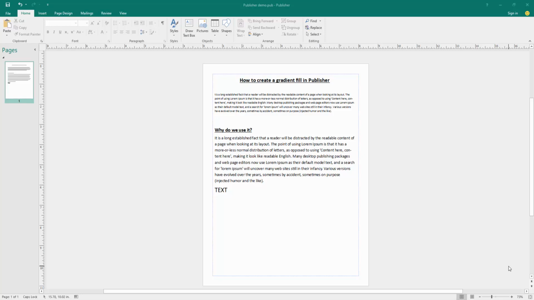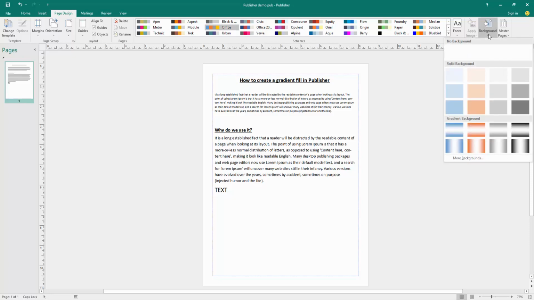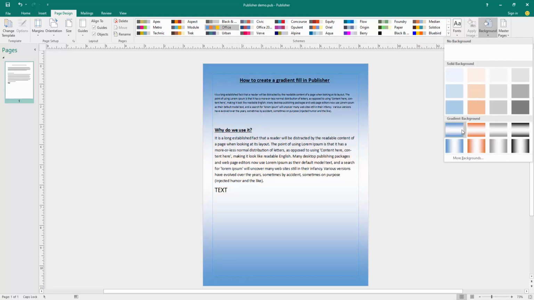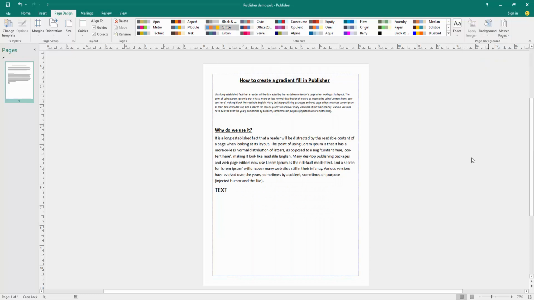In this document, go to the Page Design menu. Then we can see many tools here. Now we find and select the Background tool, then go to Gradient Background. You can choose any background, otherwise you can go to More Backgrounds,